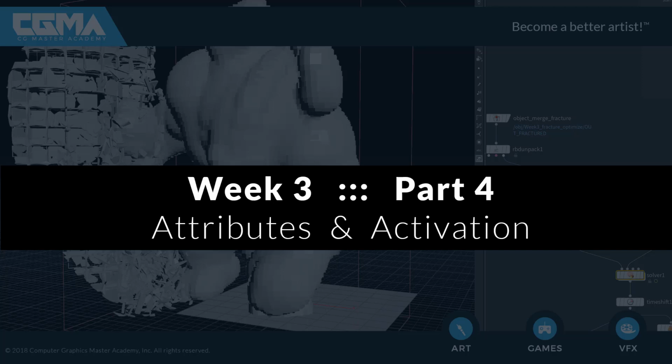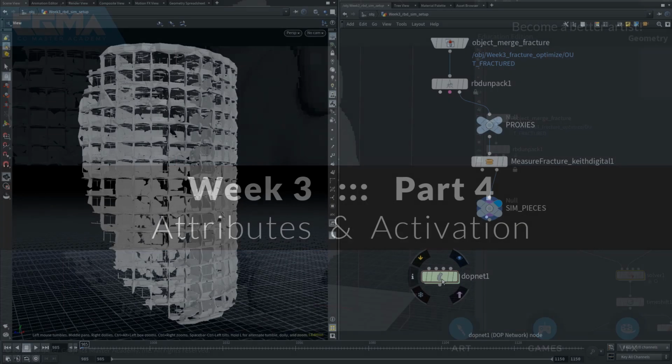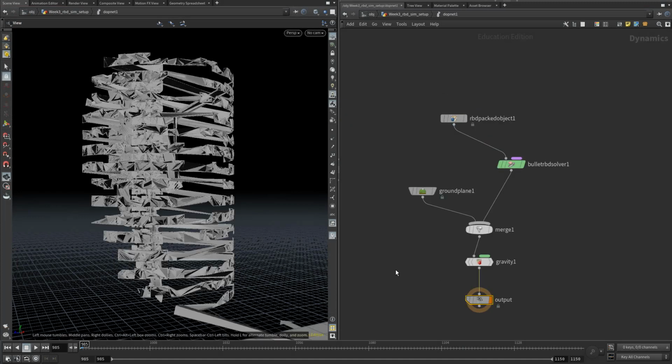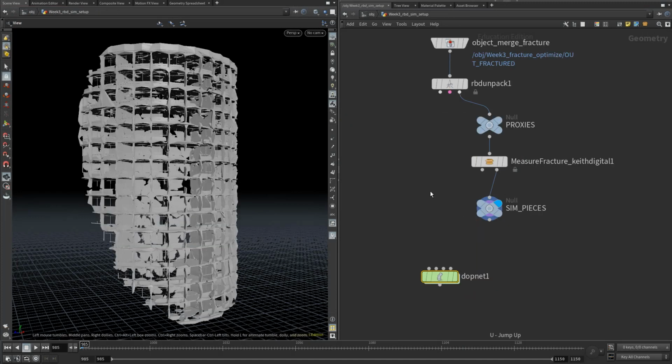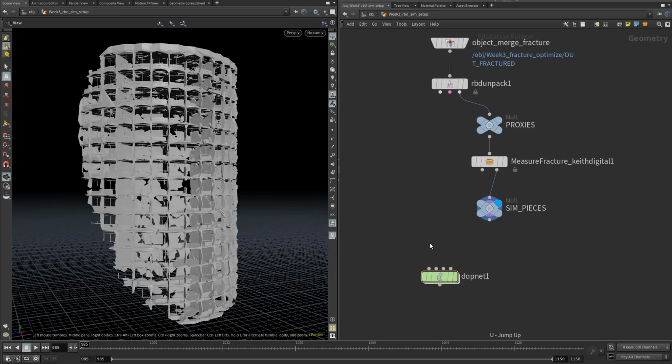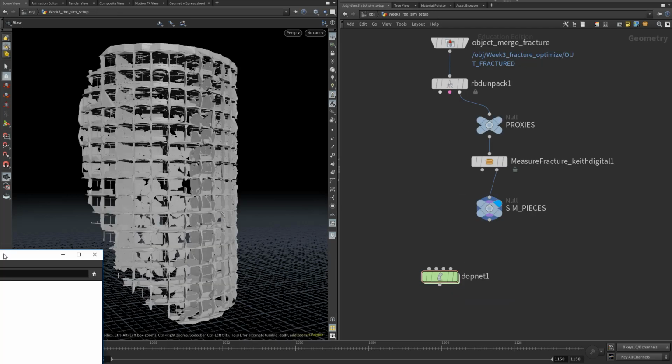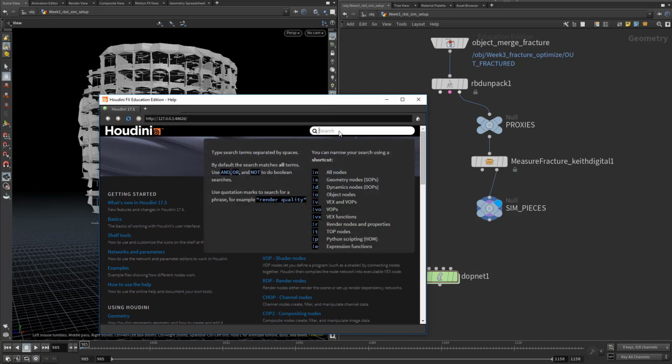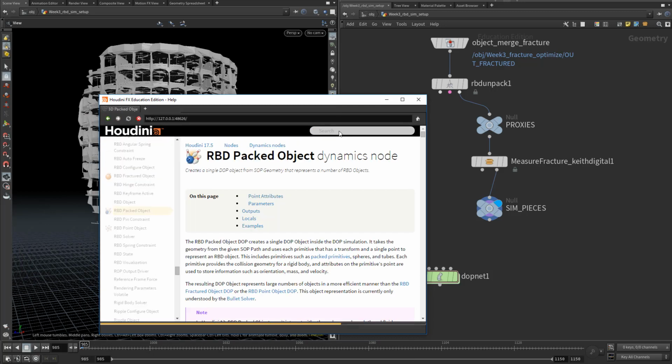Now that we've set up an initial rigid body sim, let's start exercising a little bit more control over this simulation and doing something a bit more interesting. Now, most of our setup will happen in SOPs rather than inside the DOPNet here. And if you pull up the Houdini help file and go to the RBD packed object doc, you'll see the